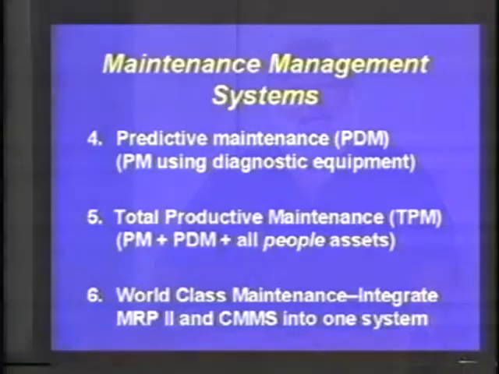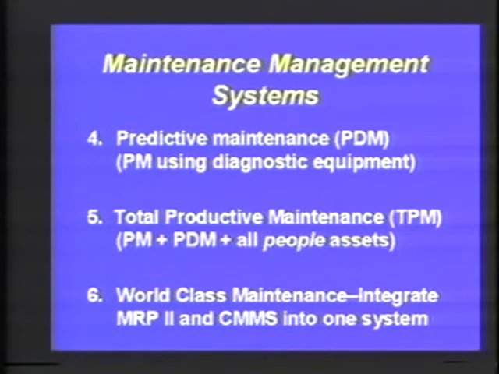Now, the last, item number 6, is what I call world-class maintenance, and that is where I have a culmination of both the maintenance management planning and scheduling system with the operations planning and scheduling system. And this really takes about a minute or two to explain in terms of this culmination. First of all,